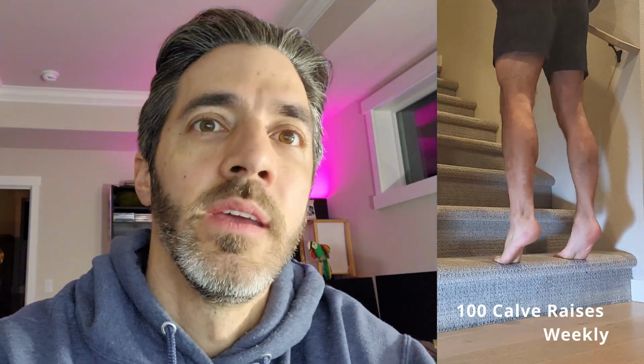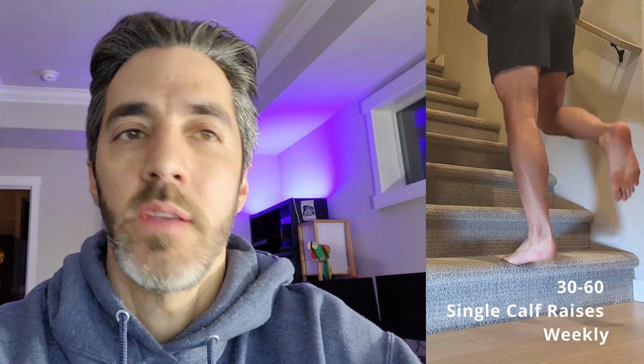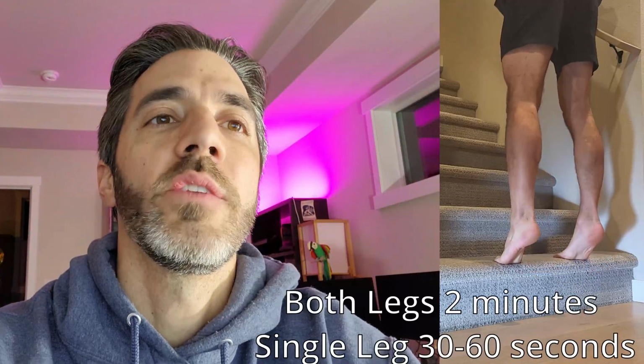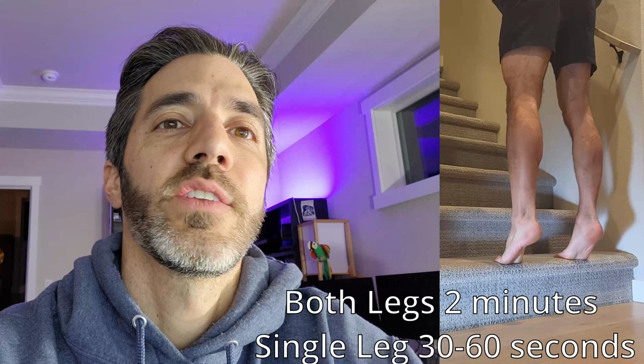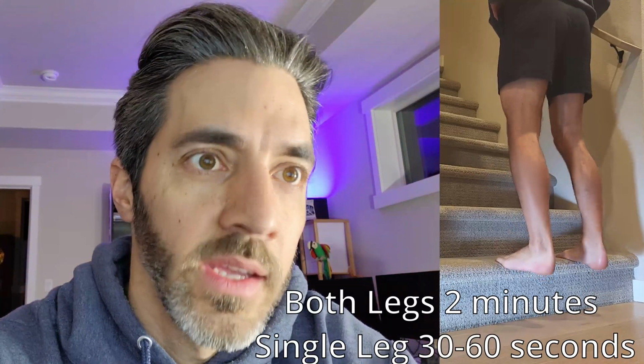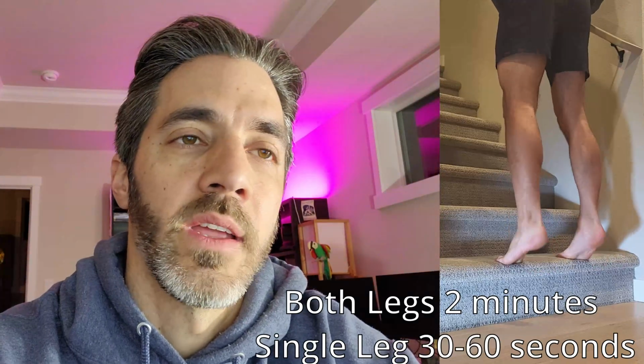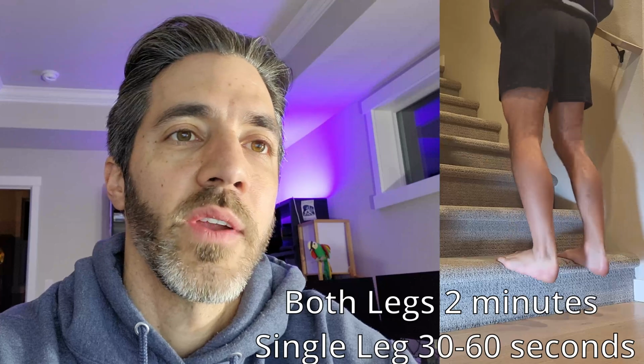Just get it done. Then I do 30 to 60 raises on each leg after that. Alternatively, you can do raises for 2 minutes with both legs, then 1 minute for each leg. You can change it up like that, but this should be your baseline. You need a lot of training volume for your calves. You can also jump rope for some calf training as well,